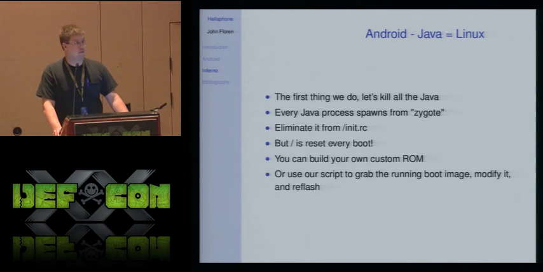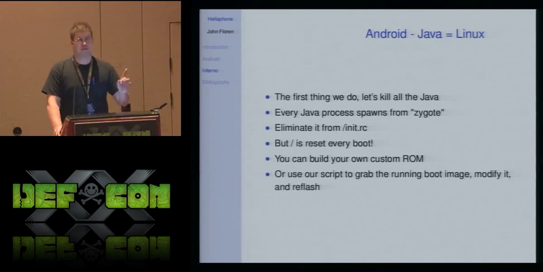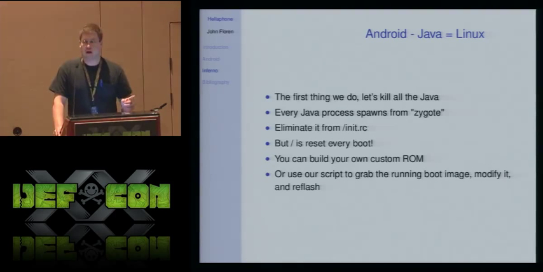So when we were going about this, the first thing we did was, as Shakespeare said, let's kill all the Java. And when you look at it, Android's Linux environment is a little bit different, but when it comes right down to it, the kernel loads an init script, and it just goes through the init script, processing it. And we found that every single Java process on the system is launched from one initial process called Zygote. And if you stop Zygote from starting in the init script, which is very easy, you just comment it out, then the Java environment doesn't launch, and you just have Linux.